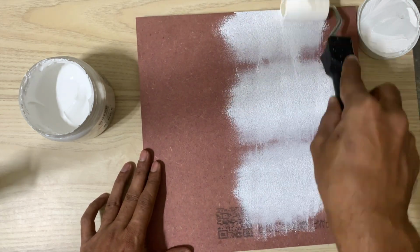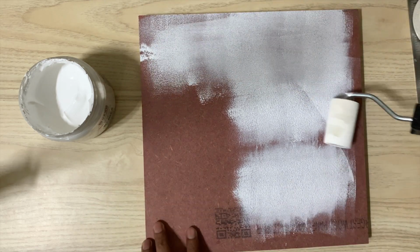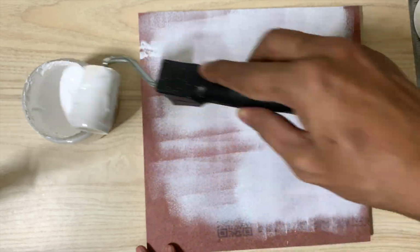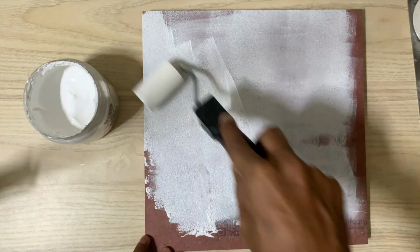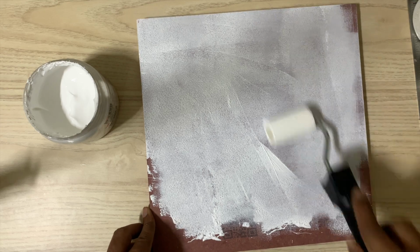layer across the board. Now, you can use spray paint also here, but spray paint tends to leave a glossy surface whereas gesso will give a more matte finish, and for portraits I personally prefer a matte surface as opposed to a glossy surface, because a glossy surface will give more reflections, which is not good from a portrait point